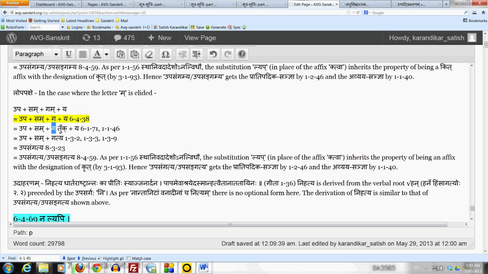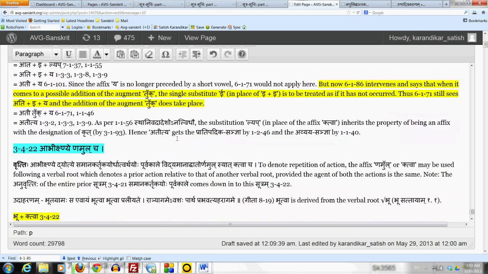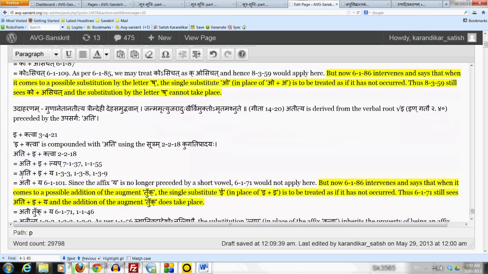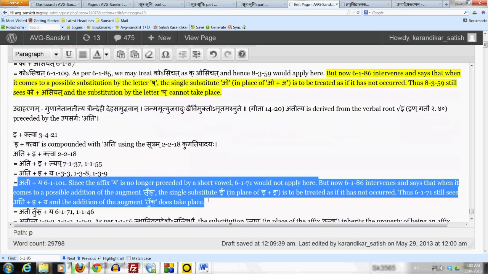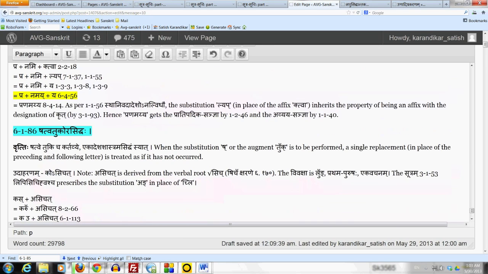Now what happens is that sometimes if that short vowel which is preceding lyap undergoes some sandhi operations, then after the sandhi operation, that short vowel may no longer be short. So in these situations, what should we do? Does the tuk augment still come in even though the vowel is no longer short? Or is the tuk augment not to be applied? In order to answer this question, let us take the sūtram